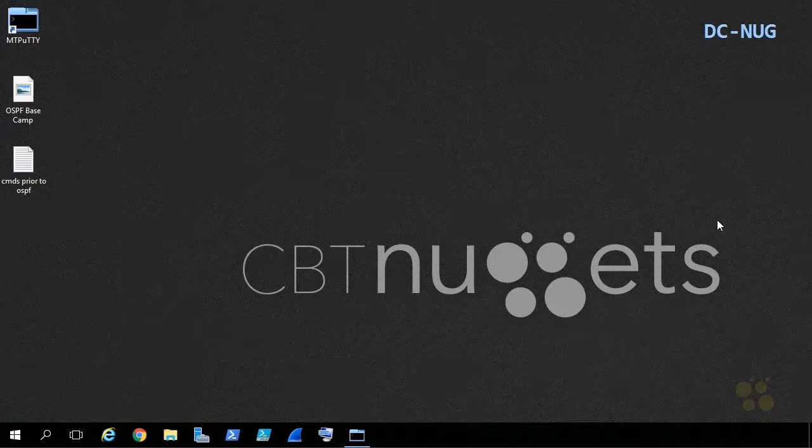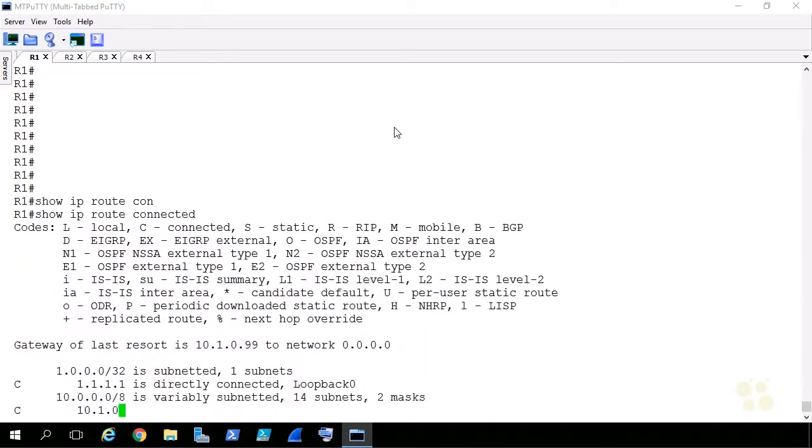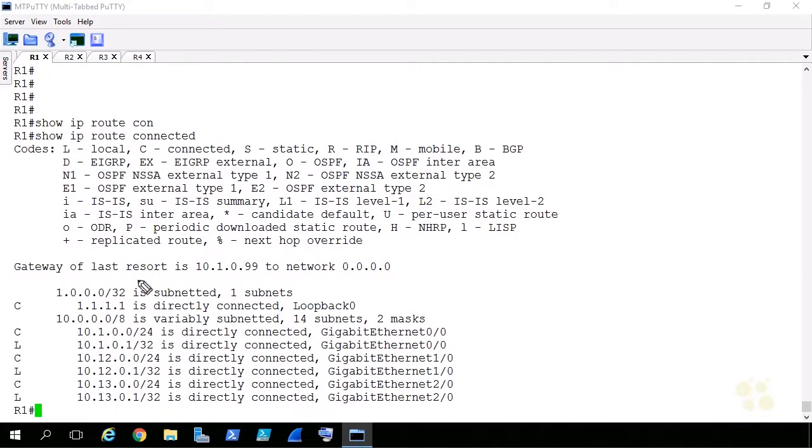So we're on DCNUG, the admin PC, and we'll use mPuTTY and open up terminal sessions over to our routers. And we'll start here on router 1. So on router 1, let's do a show IP route, and let's add on the keyword connected just to see what R1 is connected to. So if we were to take this output from show IP route, just include connected networks,